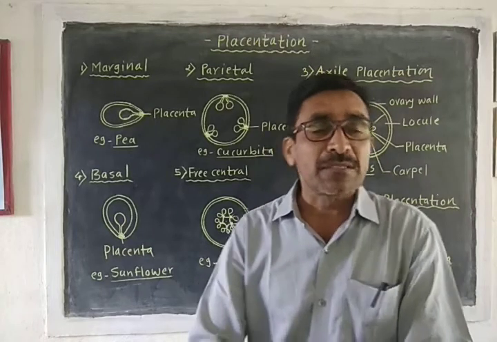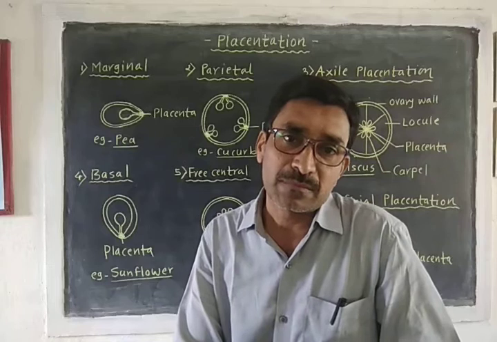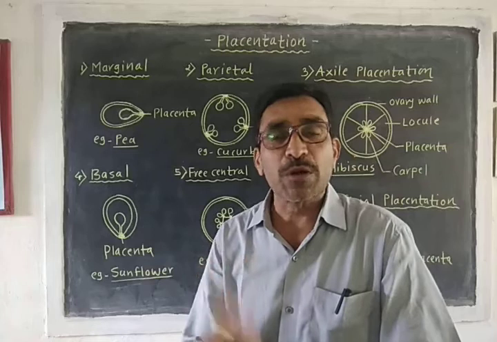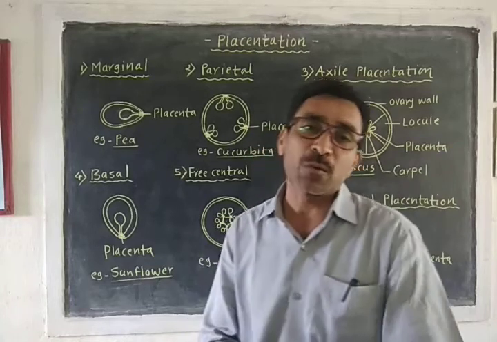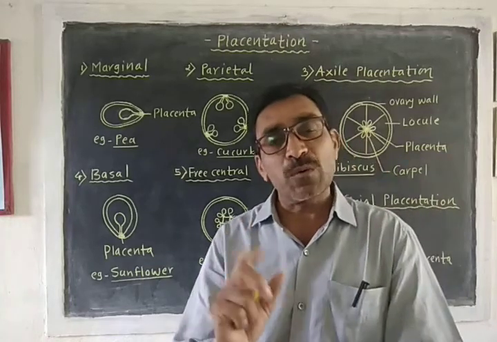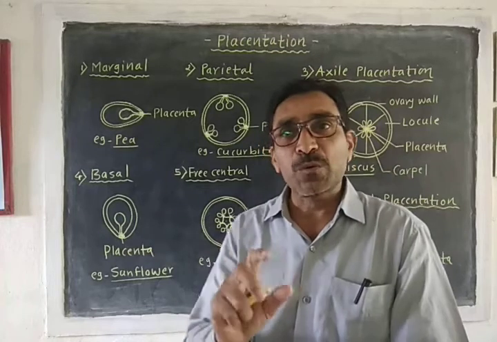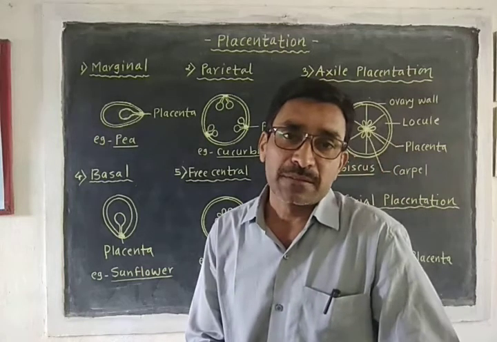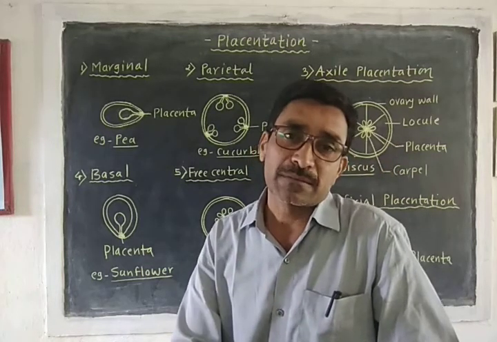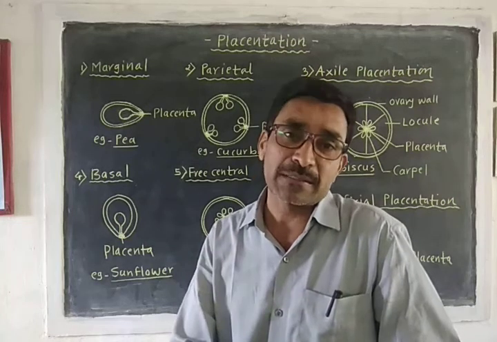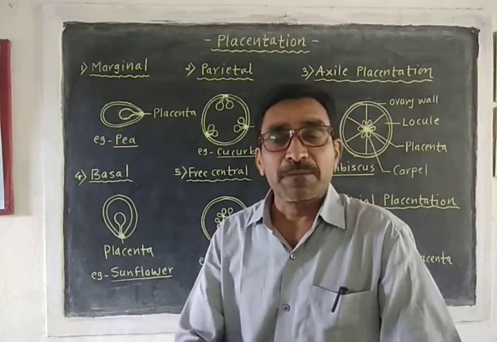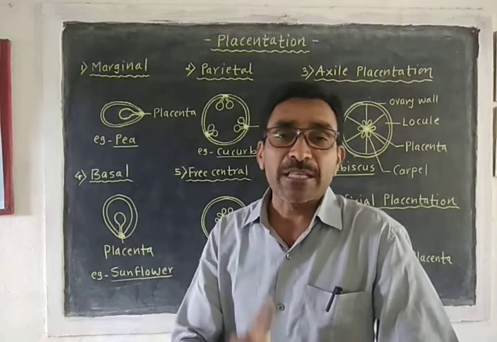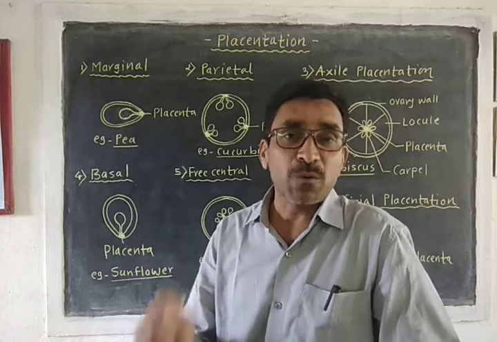We studied the structure of gynoecium. In that, we study the stigma, style and ovary. The basal swollen portion of the gynoecium is called the ovary, and in that ovary the ovules and carpels are present. They are arranged in a particular manner, and the arrangement of ovules and carpels is different from plant to plant and species to species. Today we are going to study the arrangement of ovules and carpels within the ovary, which is called